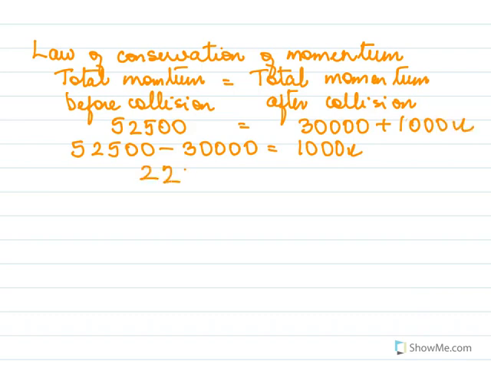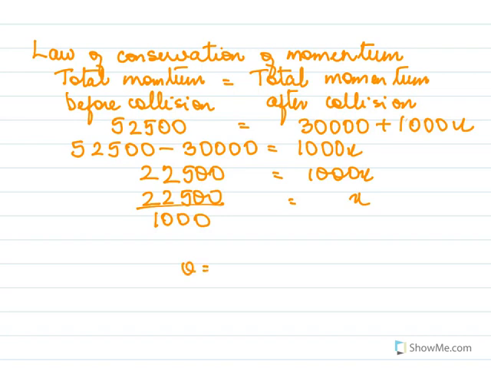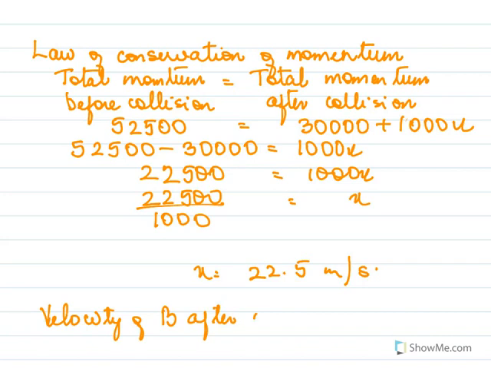Here you get 22500 equal to 1000x, x equal to 22500 over 1000. So the final velocity x will be equal to 22.5 meter per second. So velocity of B after collision equal to